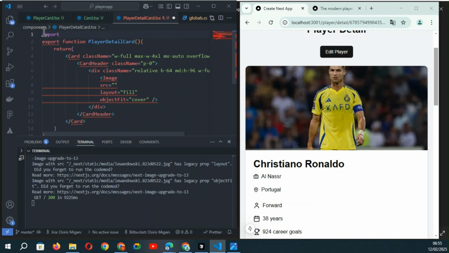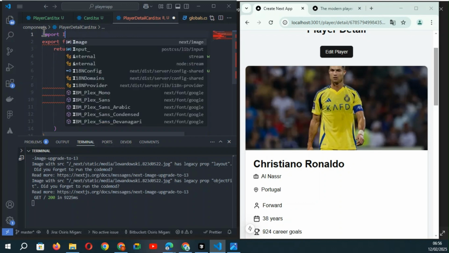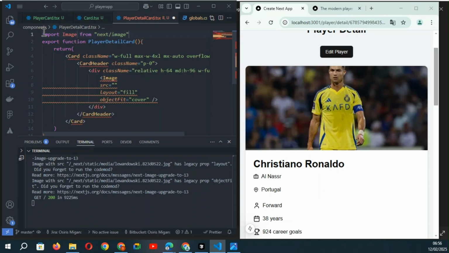Import Image from next/image. After, we needed to import the